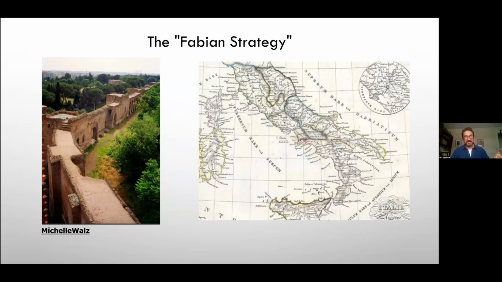It's a style of fighting that is still used and was popularized by Fabian here, confronting this superior opponent. So rather than fighting Hannibal's army directly, and rather than confronting them at the walls of Rome, he decided to divert and deflect and to dodge and to try to get small bits of Hannibal's army on favorable terrain, basically deal with the threat on terrain that is favorable to your advantage, and don't deal with the threat on the terrain that is to your opponent's advantage.